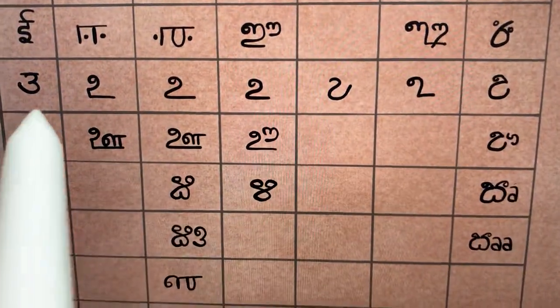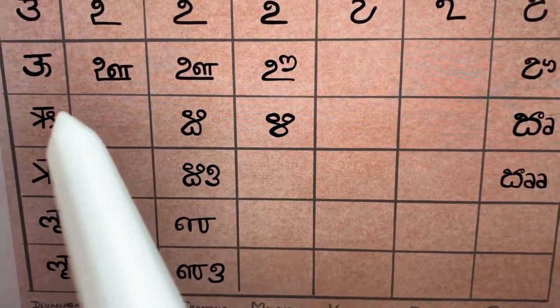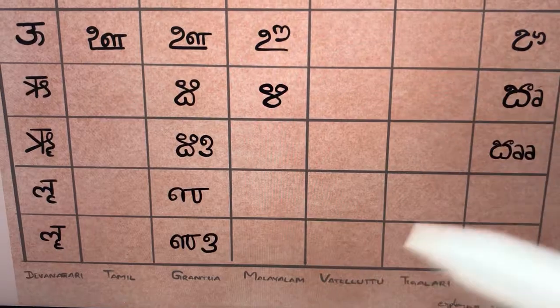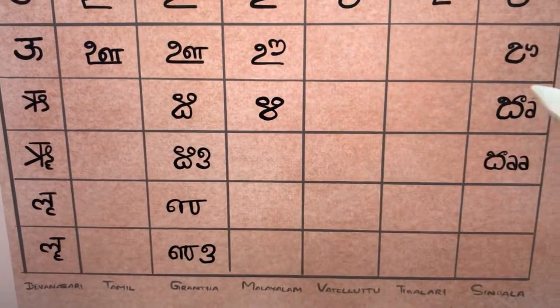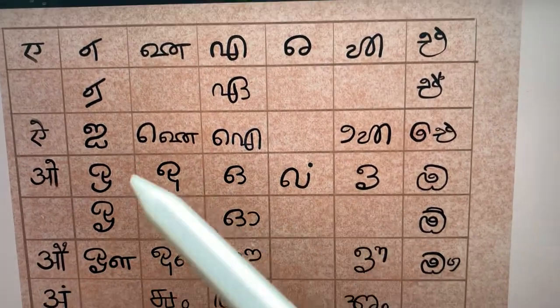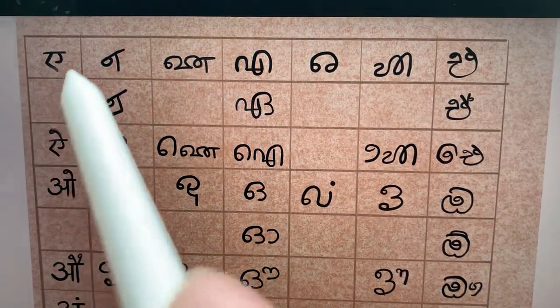Anyway, these are the vowels. R, r, l, l, no longer used. You can fill all of these, but there are not many words, so not many people are likely to know it or use it anyway. And these are the